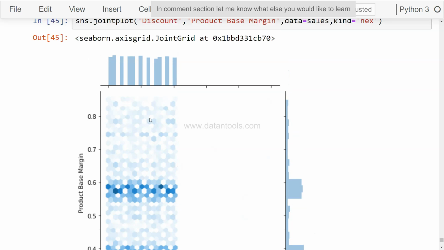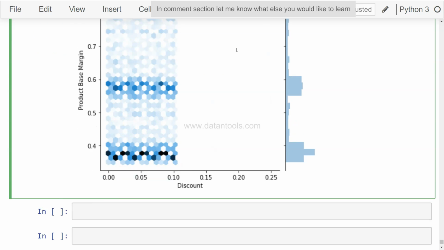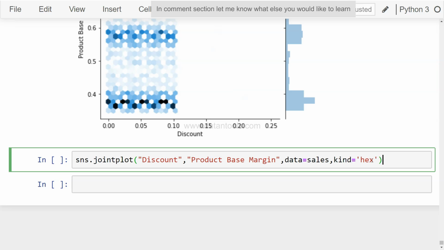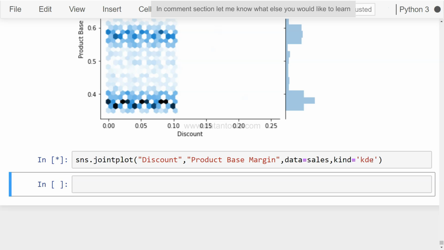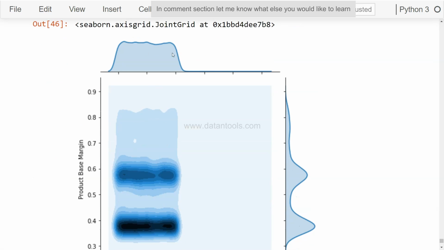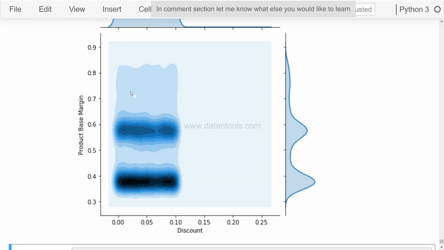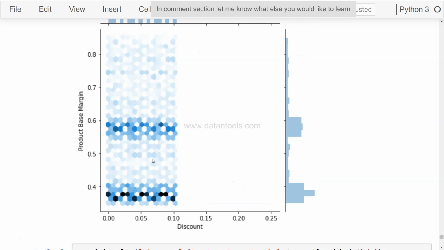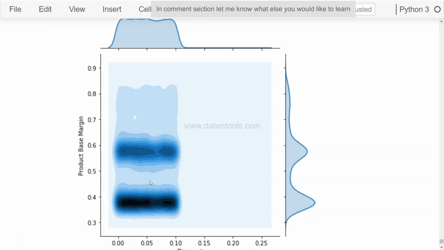Apart from the kind which is hex, you can also have a kind which is KDE. This also produces a similar sort of visualization, and as you can see, it takes time because it is more advanced and has to do a lot of processing. Over here, as you see, the chart is changing. But in this visualization, the pattern of the data is becoming clearer and clearer. That's why it shows us a much better picture compared to this one, and gives us more insight